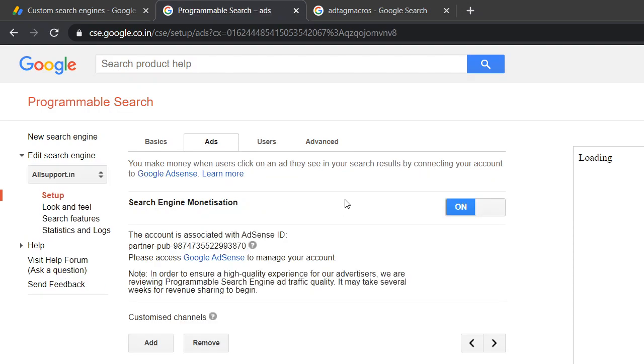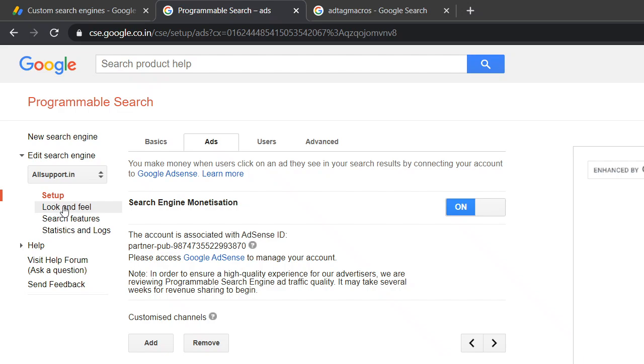If not, you are the one who has already enabled this option for the users that you want to work on this search. Since I'm the user with the AdSense account associated, I will not face any kind of issue in terms of linking an AdSense account.